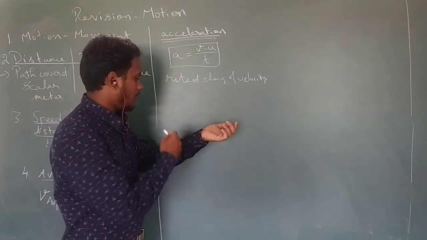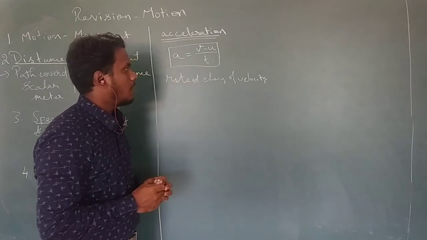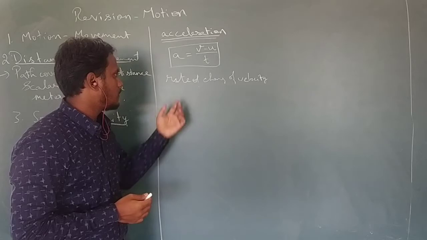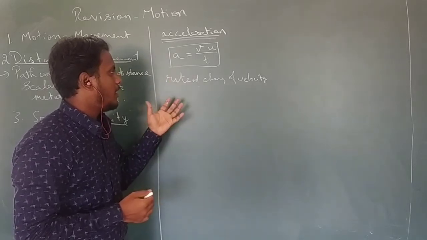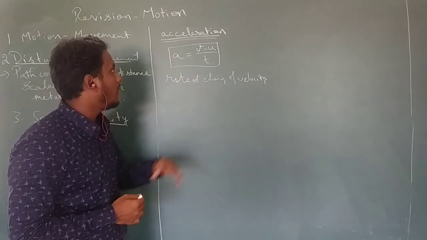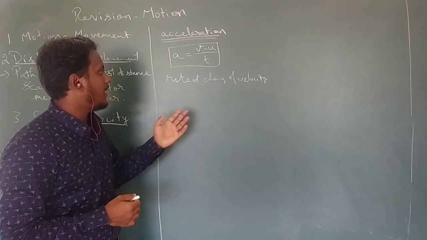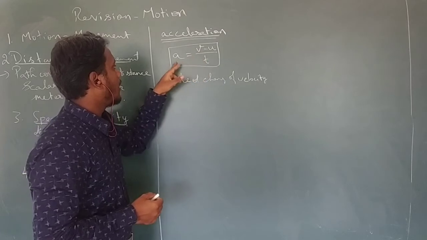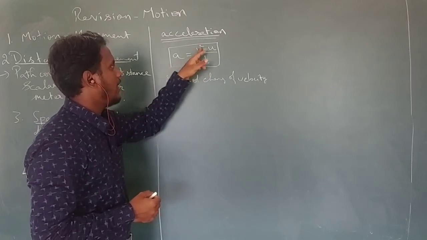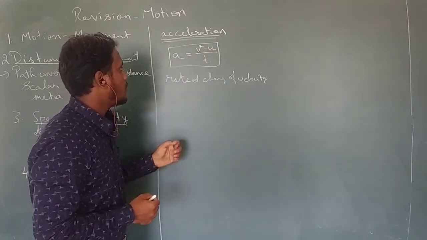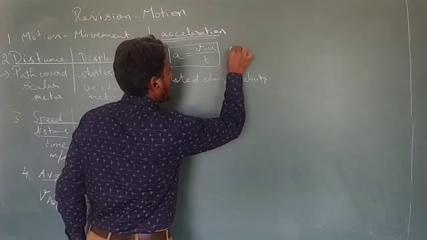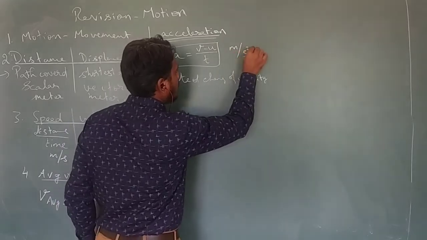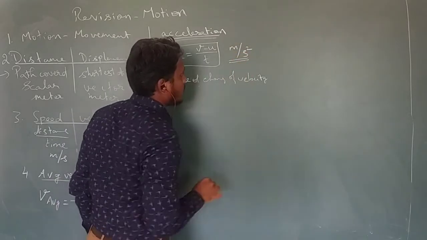So the word rate of means change in a particular quantity with respect to time. It is called the rate of change of that particular quantity. So here we have acceleration. Acceleration is the rate of change of velocity, so numerically we write acceleration a equal to (v minus u) by t. Its units: velocity units are meter per second, and in the denominator we have time, again second, so the unit is meter per second square.